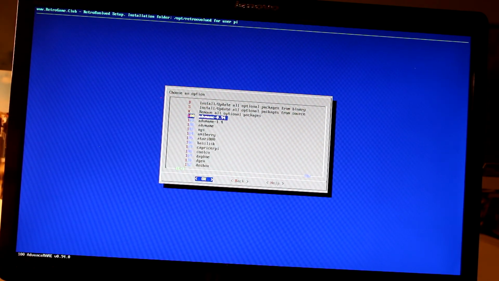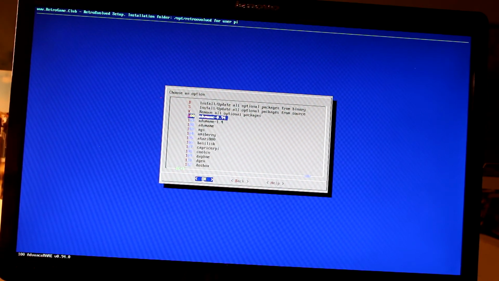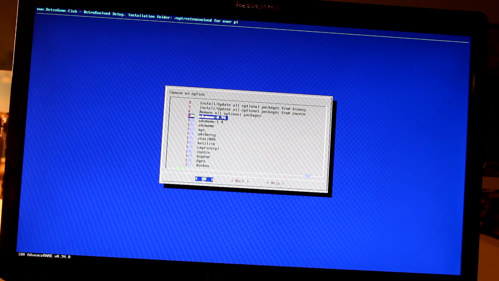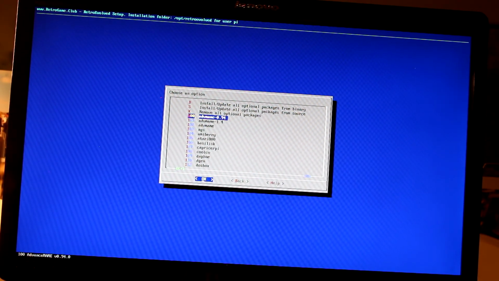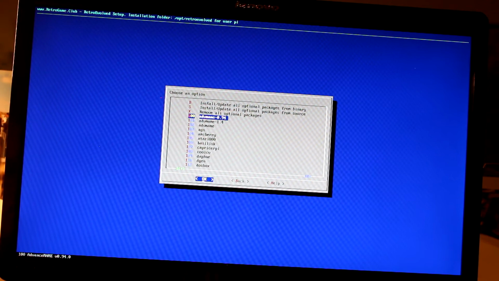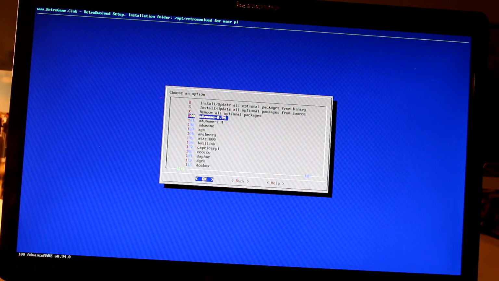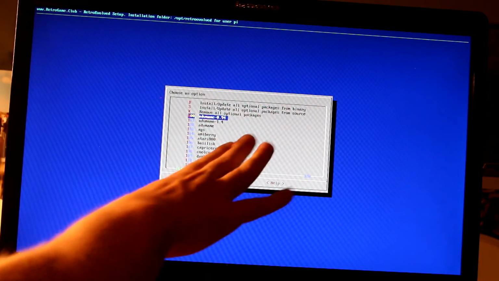But let's say there's some games on MAME, which is an arcade emulator, but they're only available on version 0.94, or they work better on 0.94. You can install that version of the emulator, install your ROM set, and then you'll be able to choose that from the run command window when you're first launching a game. So you can say, hey, I'm going to launch this arcade game now, but I want this version of MAME